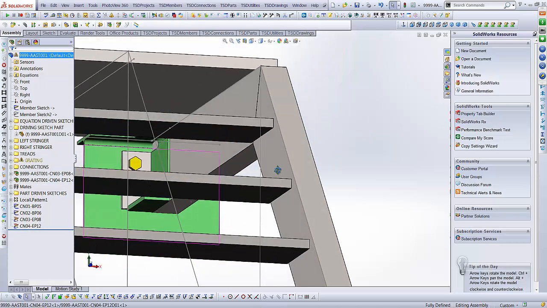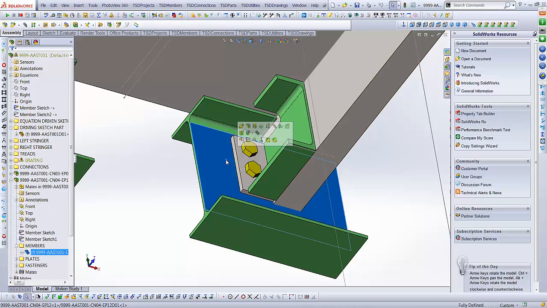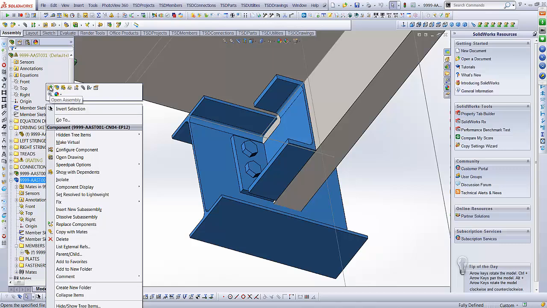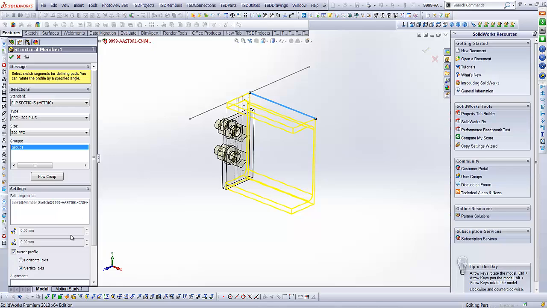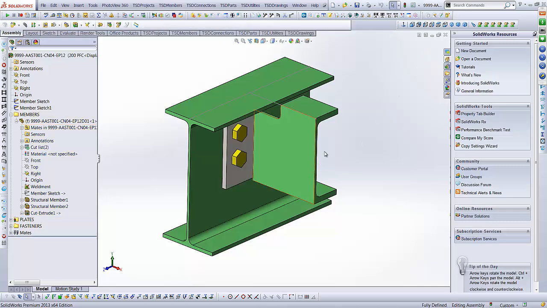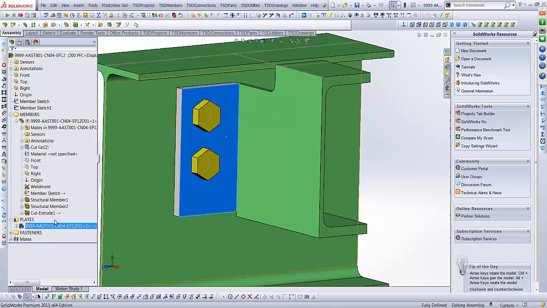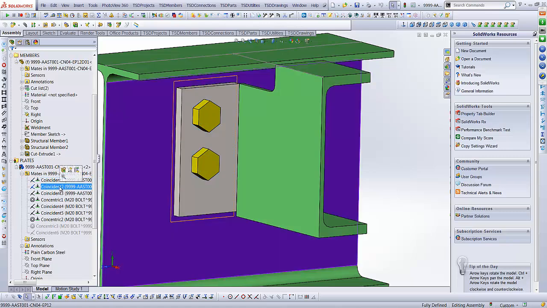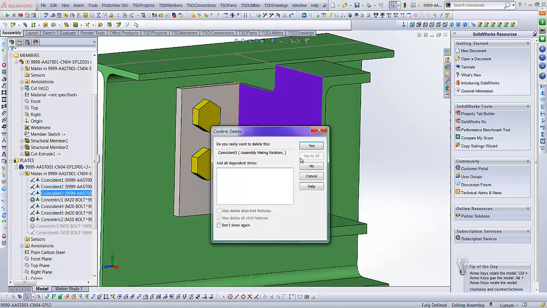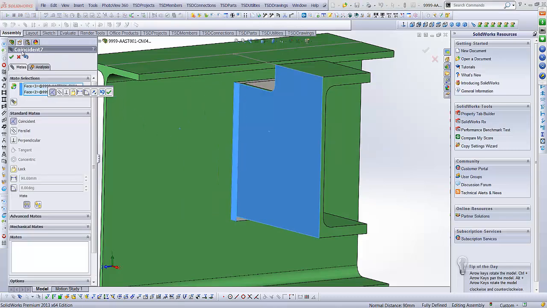What you'll notice is this connection does not line up properly, so it's a simple process, and this is how it's done. I'm just going to open up the connection that's associated to it and edit that feature. I'm going to undo the mirror profile and tick it, so that puts the feature on the other side. Now this plate is not the same as the other plate, so we can simply do a swap. What that means is the actual position for its mating processes can be removed. So I'm just going to delete that mate, select that face and that face, put a new mate in place,